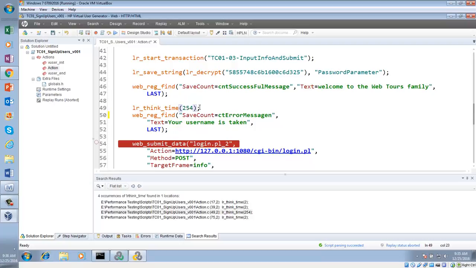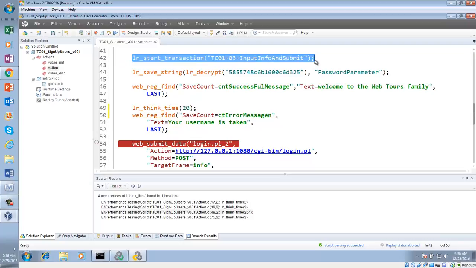When you execute, it is increasing the transaction response unnecessarily. Now, take a look. I'm not going to put it like 254. Instead, I'm going to put 20 seconds. So this 20 seconds is inside a transaction. Can you see input, info, and submit?